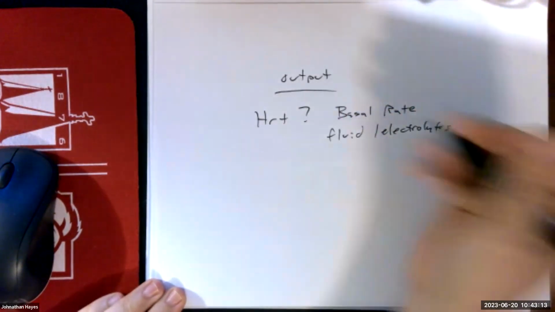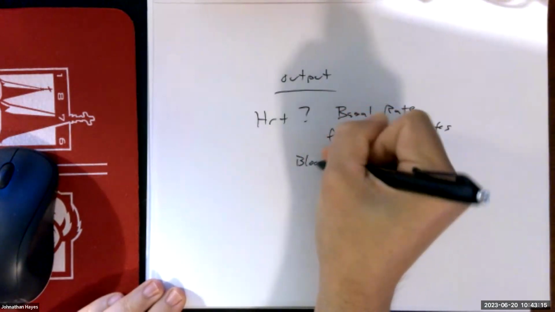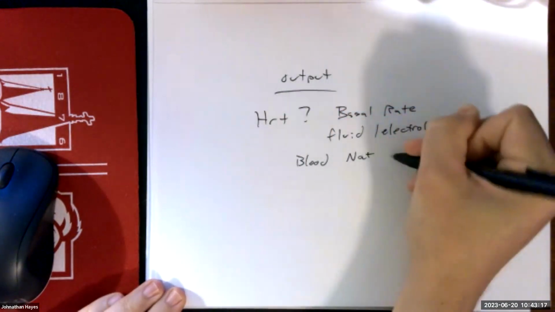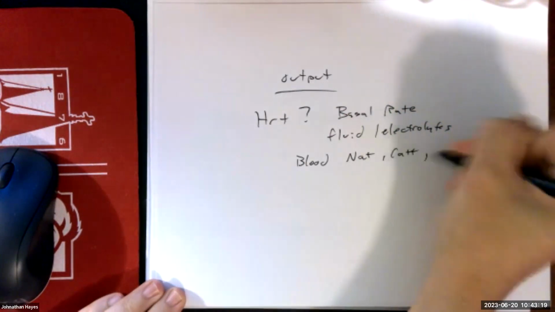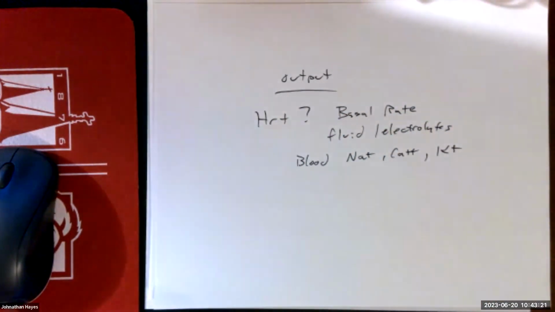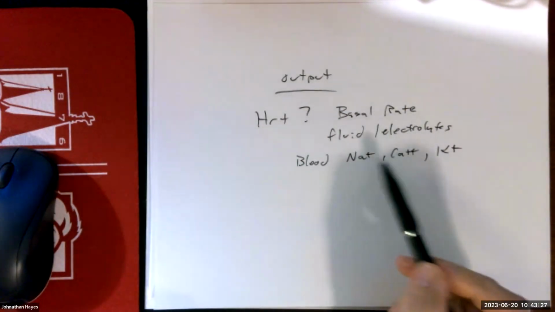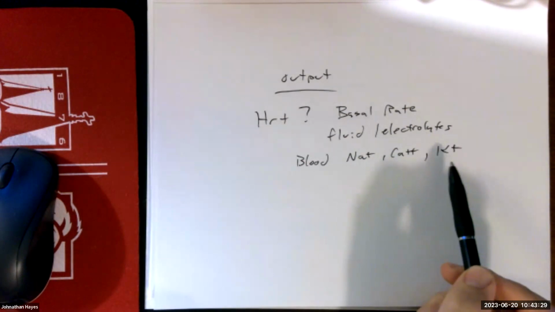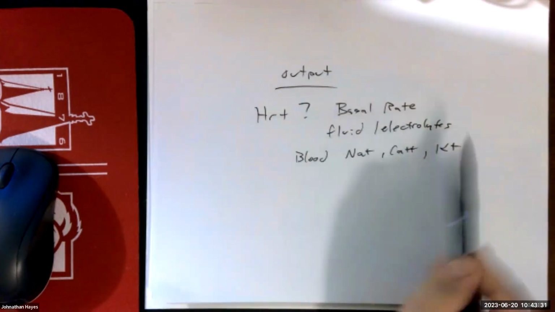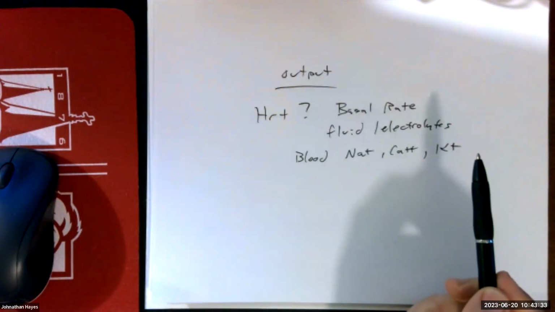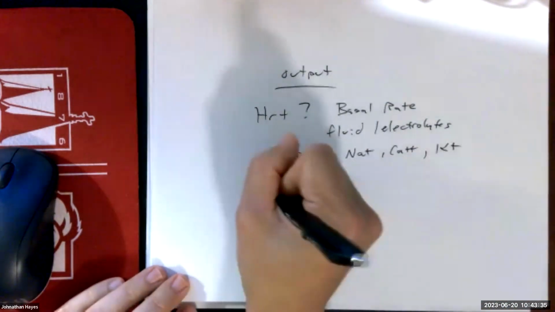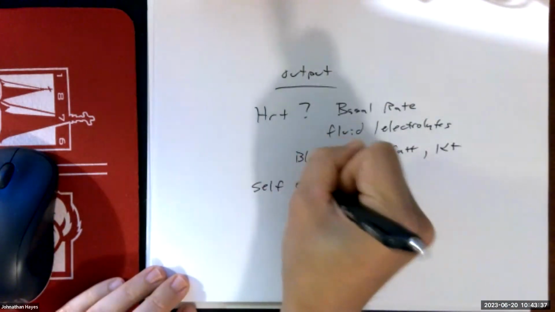So blood levels of sodium, calcium, and potassium. If your fluid electrolyte balance is all messed up and you're hyper or hyponatremic, calcemic, or kalemic, that's no good for the heart, because that's what controls its basal rate of metabolism. And your heart is what's called self-excitatory,